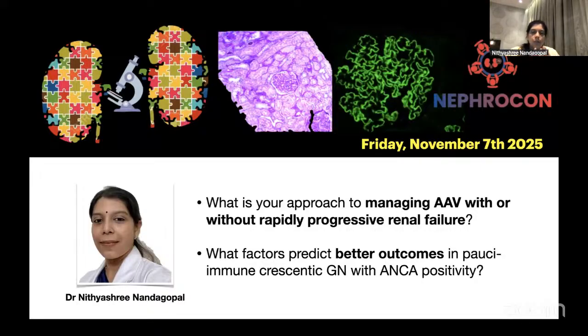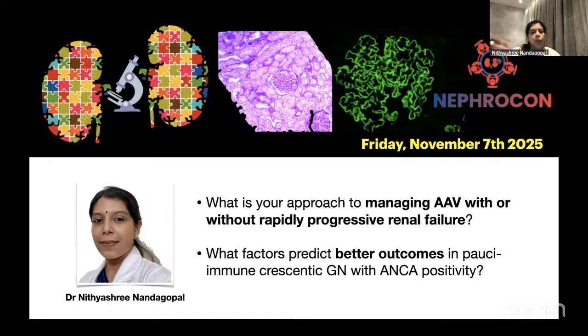So that is the broad basis on which we choose our treatment. Like Dr. Mahesha pointed out, there is a very big clinical spectrum in which ANCA-associated vasculitis can present, ranging from no renal involvement at all and only extrarenal disease, and in renal, asymptomatic hematuria, to rapidly progressive GN. So when